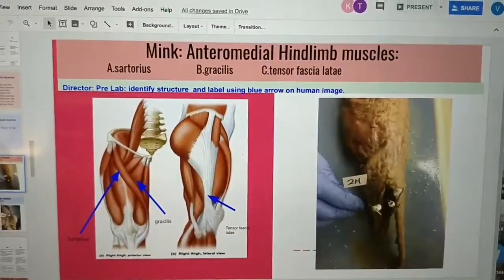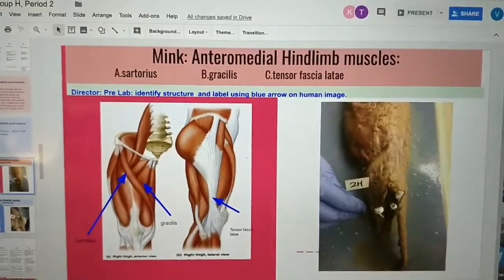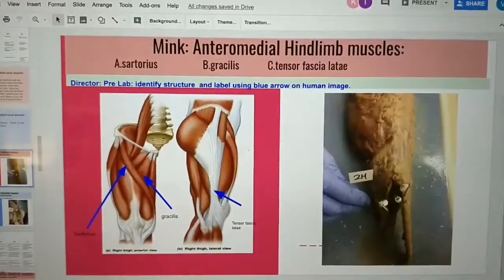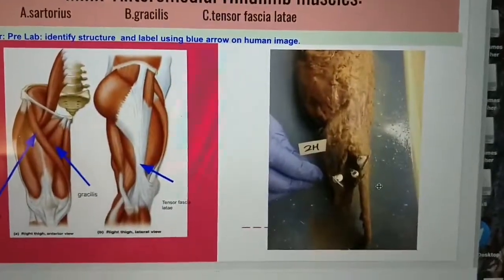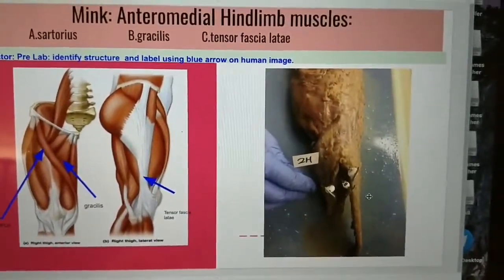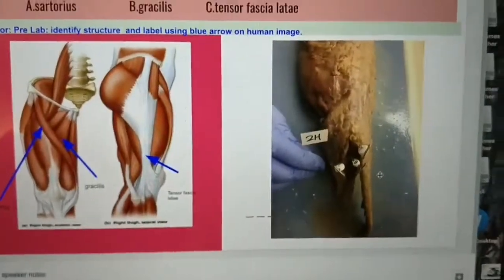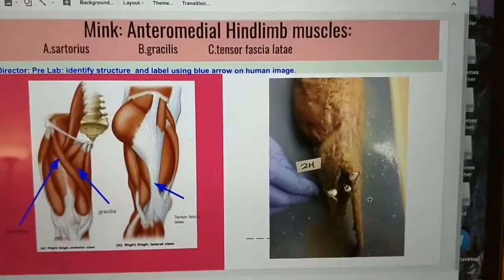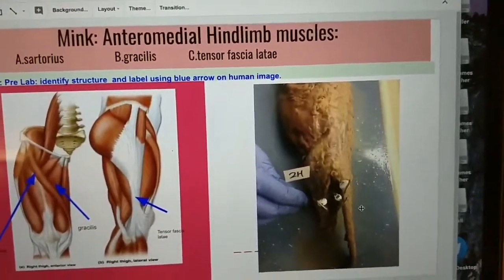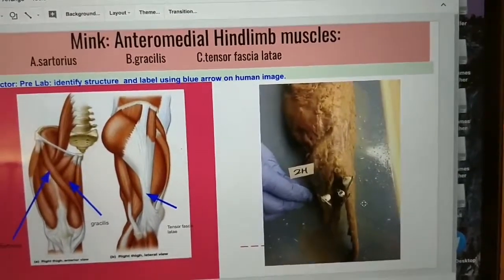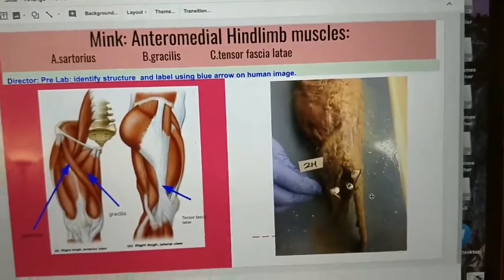In the mink anterior medial hindlimbs, we first have the sartorius, gracilis, and the tensor fasciae latae. And according to this image right here, as you can see, the sartorius, gracilis, and tensor fasciae latae all fall within an inferior pattern where the tensor fasciae latae is the deepest muscle, and this muscle really differs from the other muscles simply because there's a lot of white, strong connective tissue that is binding the muscle together,